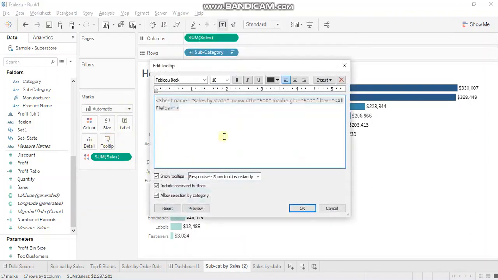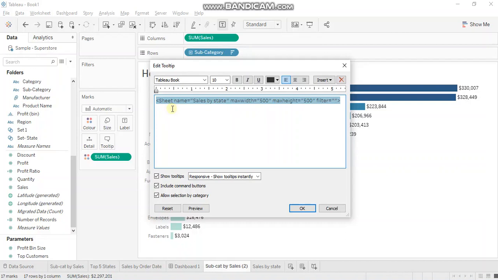Another information about filter over here is you can change this as per your convenience. So suppose you want to add just one dimension as filter and not all dimensions. Suppose there were multiple dimensions in this sheet, apart from subcategory.